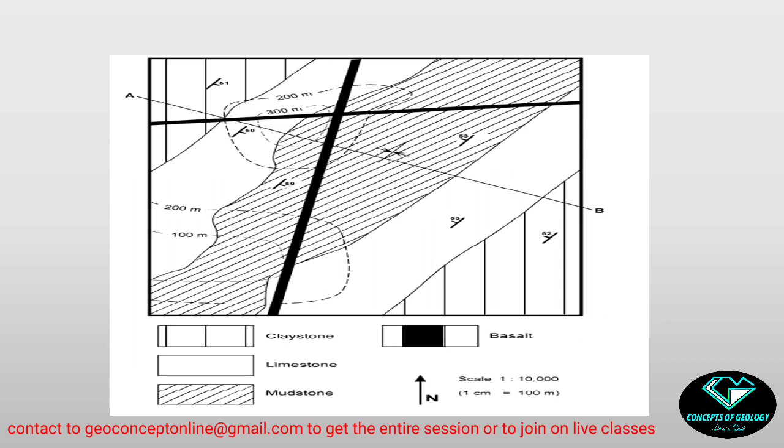That means 1 centimeter is equal to 100 meter in the field. The north arrow is marked here. The different symbols are depicting different type of lithologies, and they are mentioned here. This is the index. A base map is taken here because some contour lines are drawn. The contour lines are not made by geologist, so definitely the geologist who have done the mapping, he or she has taken a base map. So from these features, this can be concluded that this is a no doubt geological map.